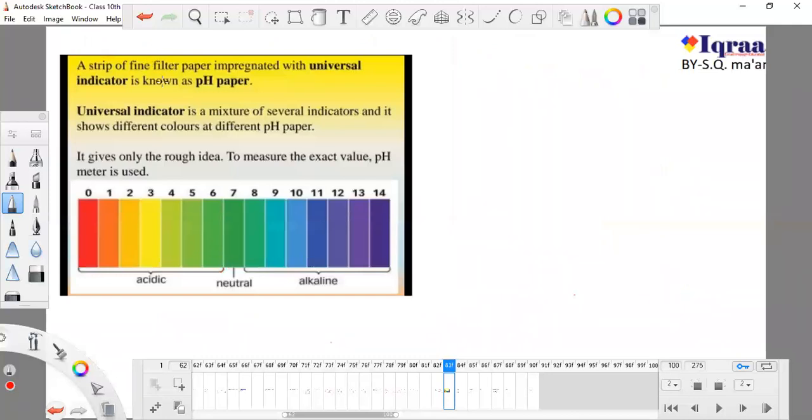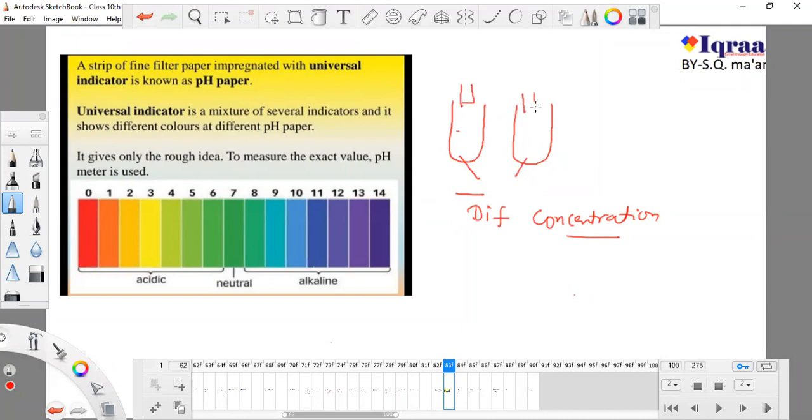Second, you can go with this, my favorite one, known as universal indicator. You just have to take a strip of this universal indicator and put it in both of these test tubes, and definitely they have different concentrations. One has more acid and one has less acid, or you can say one has more water and one has less water. Just take a strip and dip it into this, and you know that